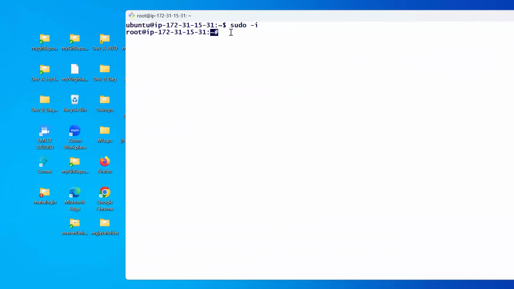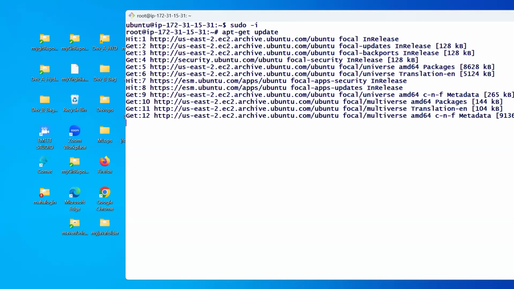With the help of the root user, we can update using the command apt-get update. Whenever you execute it, the default software will be downloaded into the server.